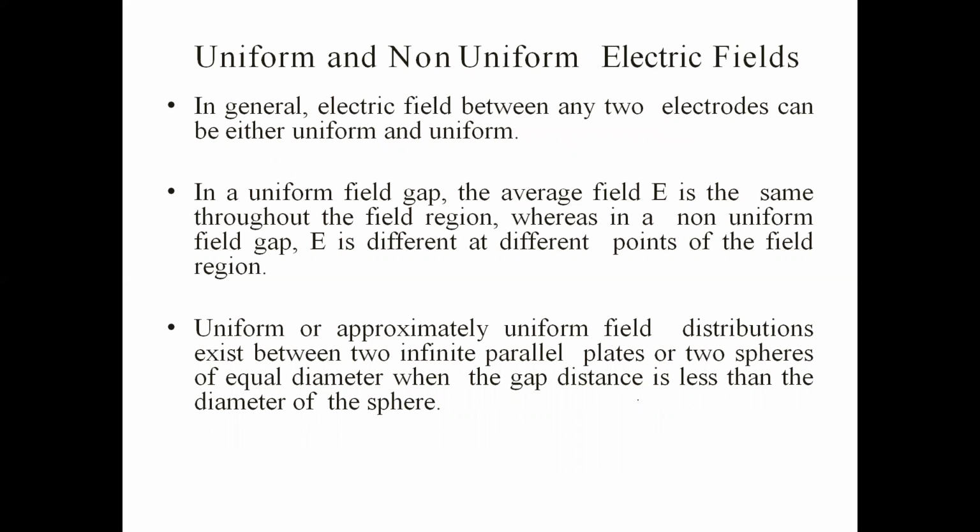Now, coming to the electric field distribution. This electric field distribution can be of two types: uniform or non-uniform. So what is the uniform electric field distribution? If the electric field is distributed uniformly or equally through the length of the insulating material or dielectric material, then it is called a uniform electric field. And if that is not the case, where the electric field at one particular point is different when compared to another point, then such a distribution is called non-uniform.